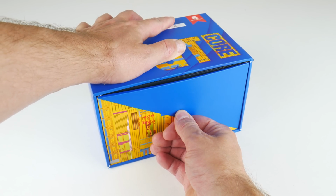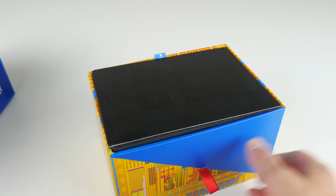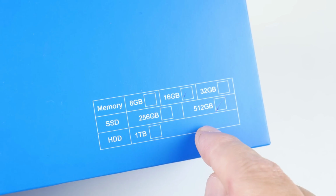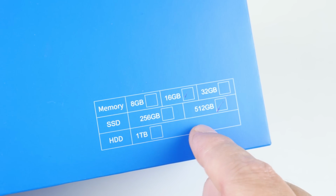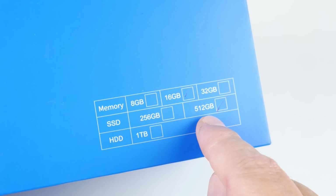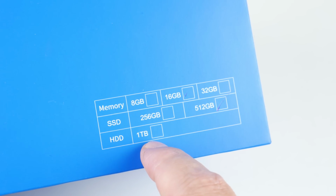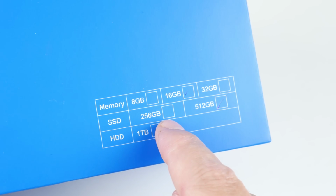Beelink sent us this mini PC for review. It is the GTI with an i5-8259U. There are two versions of this mini PC. We have the model with 16 GB of RAM and 512 GB of storage. On Amazon it is listed for $559 US. If you want the model with 8 GB of RAM and 256 GB of storage, you're looking at $499 on